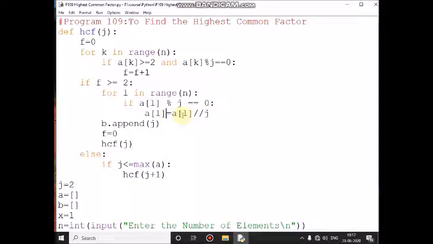A of third location value 60 divided by 2 means the quotient you get is 30, so the third location value will be changed to 30. Then control comes here and L value becomes 3 plus 1, 4, in range 4 means the condition is false, control comes here. J value 2, B dot append means J value is appended to B of 0th location, then control comes here, F is equal to 0, then again I am calling the function itself, HCF J value 2,